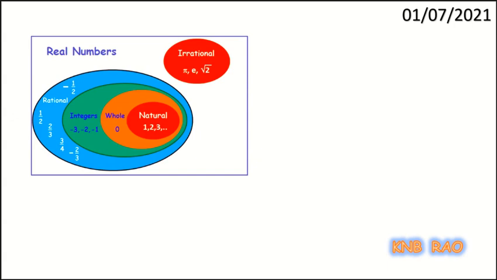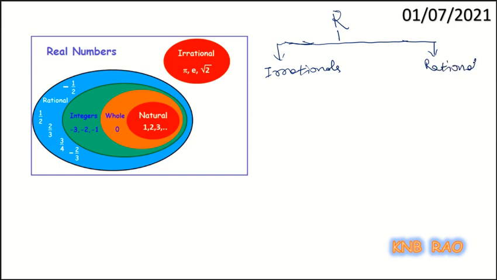Now, I will draw the flow chart or tree diagram for real number set. Okay. We have all irrationals here and rationals here, and you know rationals or rational numbers are represented with the letter Q and irrationals are logically written as R minus Q. Now, these rational numbers will be further divided into